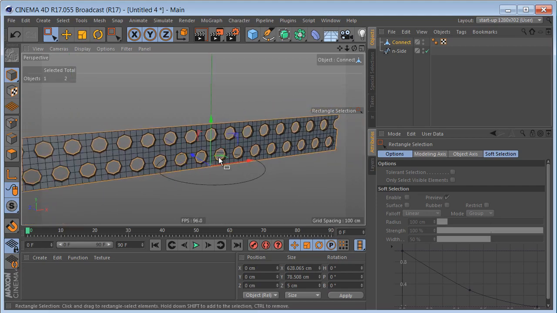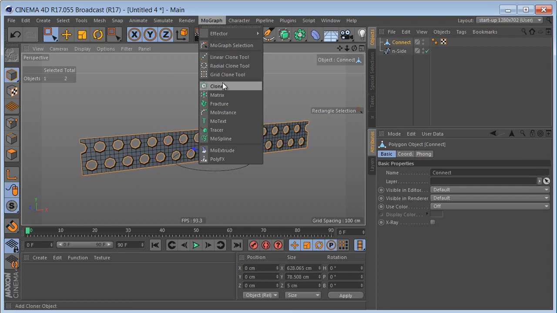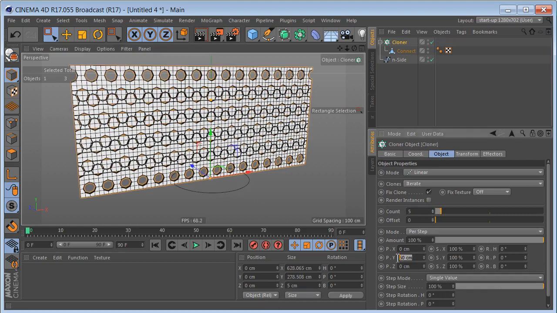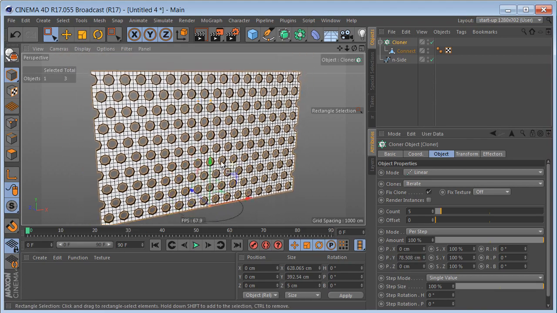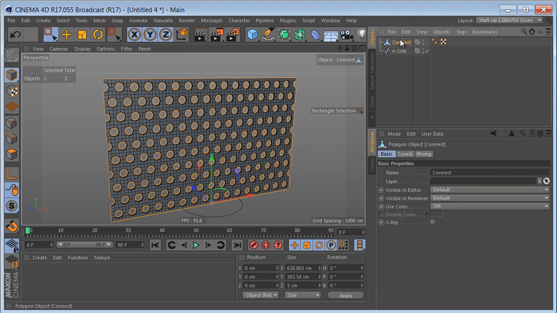And now we're going to use this object, and you can see the height here. I'm going to copy that number, and we can use another cloner to add additional copies in the y-axis. So let's go ahead and add that cloner, and we're going to do 10 holes, which means we need 5 copies, and we're going to move each of these by 78.5 centimeters. Okay, so let's put this cloner in a connect object, make the connect object editable,